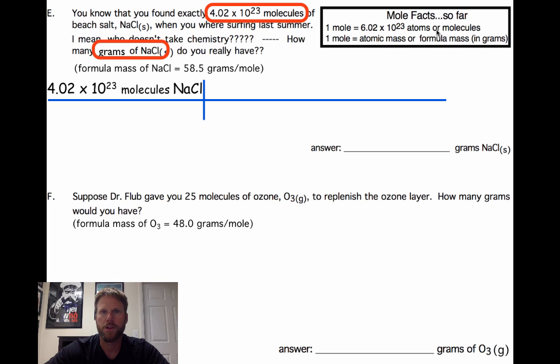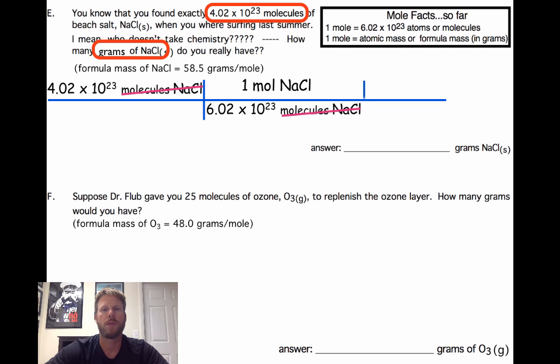So we're going to change the molecules of salt to moles of salt. So we want the molecules to cancel, so Avogadro's number will go on the bottom. 6.02 times 10 to the 23rd molecules goes on the bottom, 1 mole on the top. This will make molecules cancel. Now we can use the formula mass of salt to convert from moles of salt to grams of salt. In this case, we need the moles to cancel, so 1 mole will go on the bottom and 58.5 grams will go on the top. That allows the moles to cancel. When you multiply and divide this through, you will get